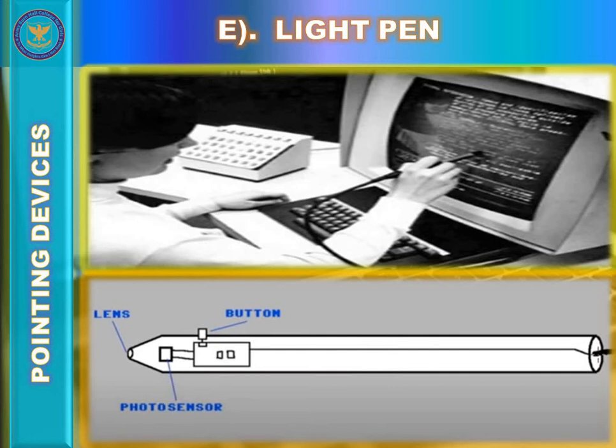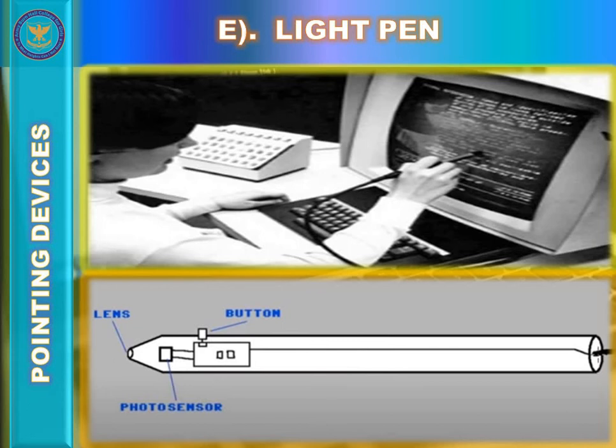So the light pen can be considered as the predecessor to touchscreen. Light pens came before the touchscreen, and after the arrival of touchscreen, light pens have become obsolete. They're not being used right now in the market. The pen allowed users to precisely select individual pixels on the screen and to draw and interact with menu elements in much the same way as users interact with touchscreen displays.